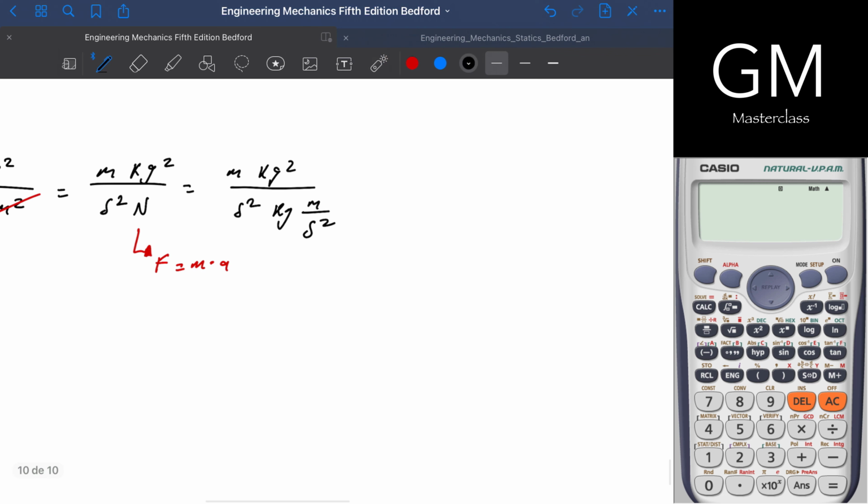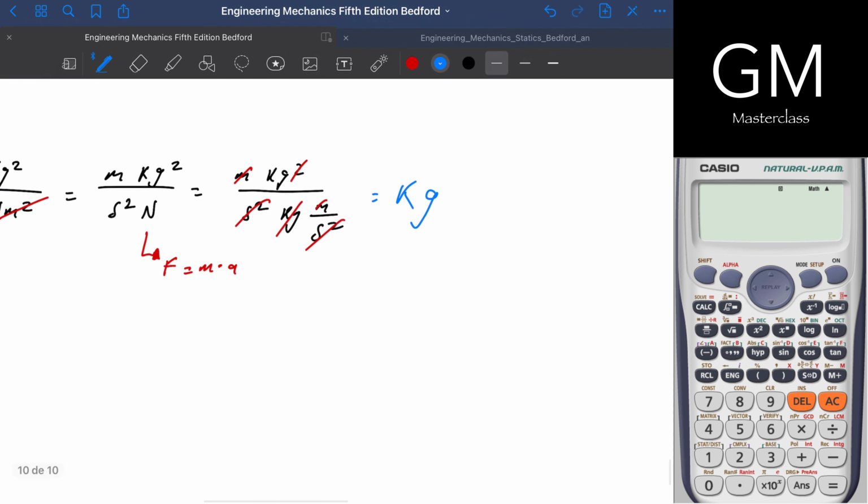Then I could eliminate these two with these kilograms, and these square seconds with these square seconds, and these meters with these meters. So the final answer is and should have been